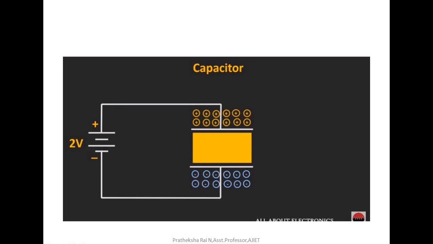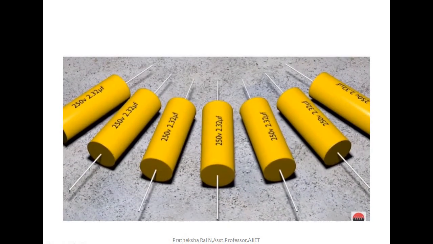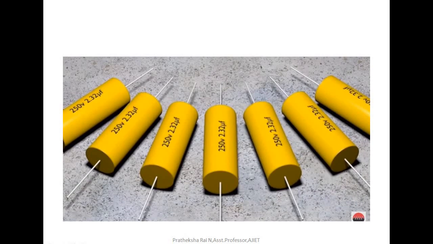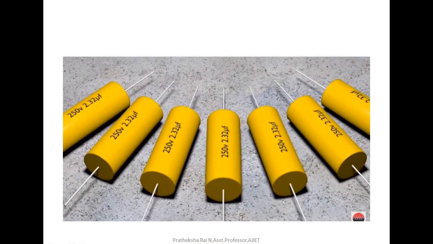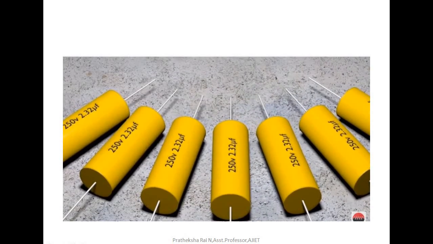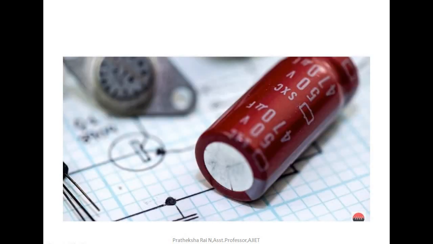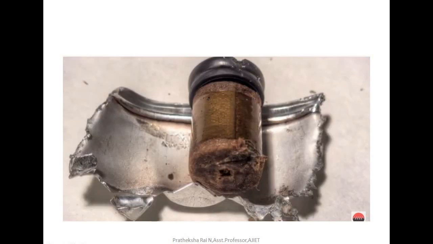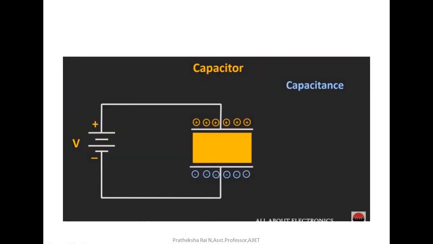But here we cannot increase the voltage indefinitely. So for every capacitor, you will find that the maximum voltage rating has been defined. So the voltage that is applied across the capacitor should be less than that maximum rating. So if the applied voltage is greater than the maximum rated voltage, in that case you will see the dielectric breakdown in the capacitor. So now let us see the factors which affect the capacitance of this capacitor.